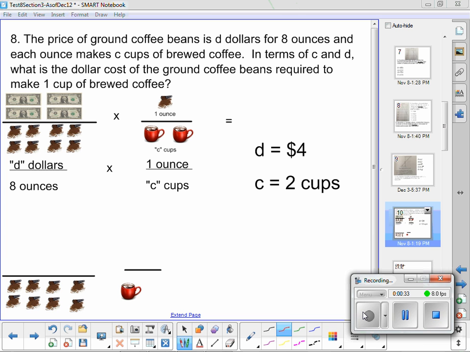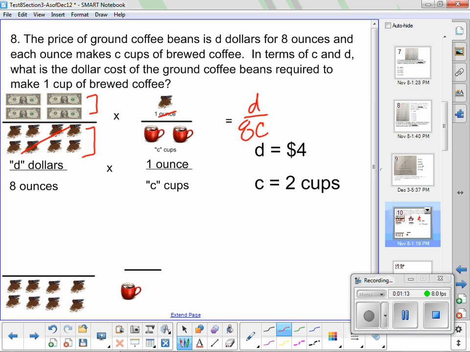So here I've chosen D to equal $4 and C to equal 2 cups. So we know that the price of ground coffee beans is $D for 8 ounces. So I do think of this as a rate, kind of like a speed. And then I'm trying to get the ounces to cancel. So that's why I multiply times 1 ounce equaling 2 cups of coffee. So then finally we get D divided by 8